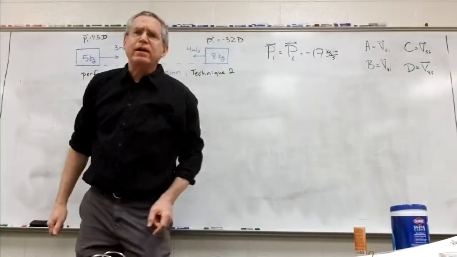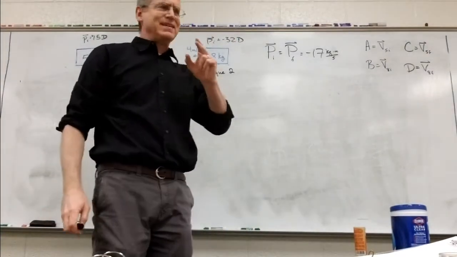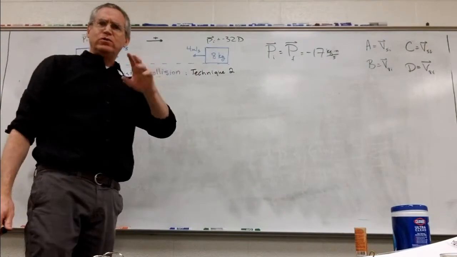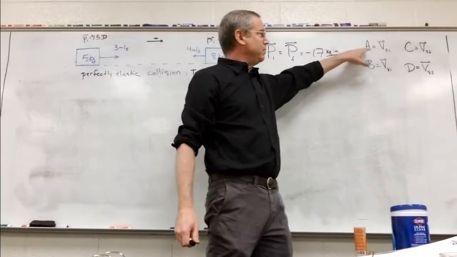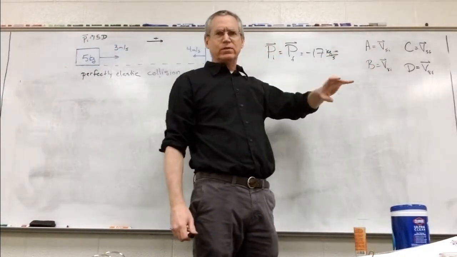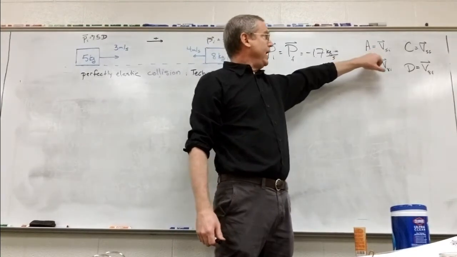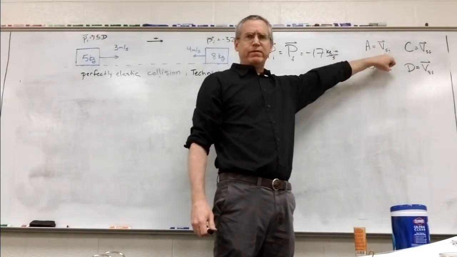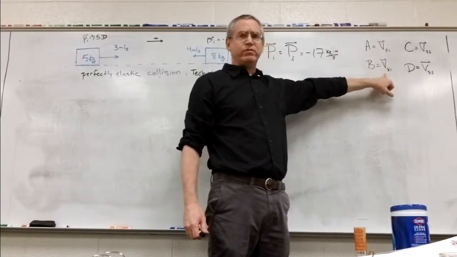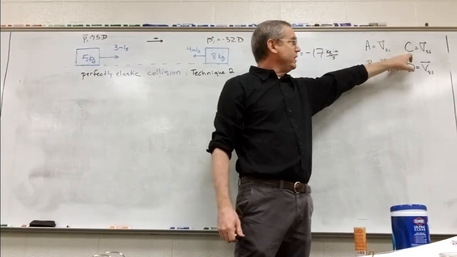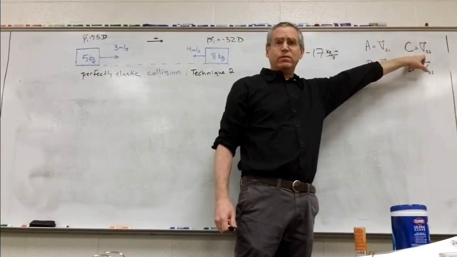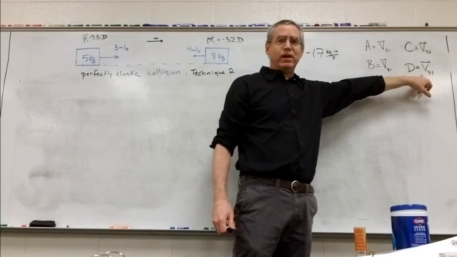All right, welcome back. Here's the perfectly elastic collision, the second technique. The reason why I used C and D before is because I wanted to use A and B for the initial values. So first let's set up the definitions here. A is the initial velocity for the 5 kilogram mass, B is the initial velocity for the 8 kilogram mass, C is the final velocity for the 5 kilogram mass, and D is the final velocity for the 8 kilogram